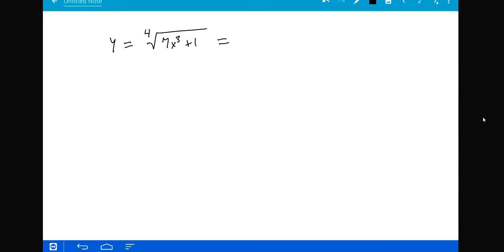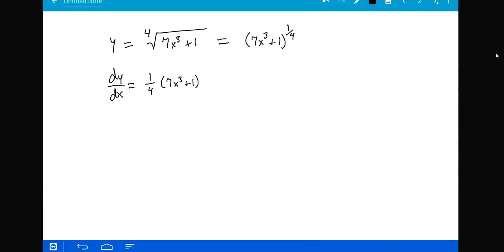So instead of saying the 4th root, we can raise to 1/4. That's the same thing. Well, now it looks just like the other problem. It's just you have a fractional exponent. Okay, but that really doesn't change anything either. So if we're going to do our derivative here, move that exponent out front. So 1/4 goes out front. Rewrite what's in the parentheses, 7x cubed plus 1. Alright, subtract 1 from the exponent.